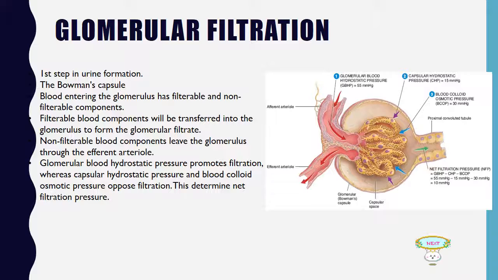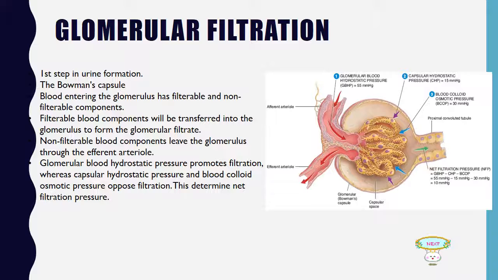Blood entering the glomerulus has filterable and non-filterable components. Filterable blood components like water, nitrogenous waste, and nutrients will be transferred into the glomerulus to form the glomerular filtrate. On the other hand, non-filterable blood components such as blood cells, albumin, and platelets leave the glomerulus through the afferent arteriole. Pressures that drive glomerular filtration are glomerular blood hydrostatic pressure, capsular